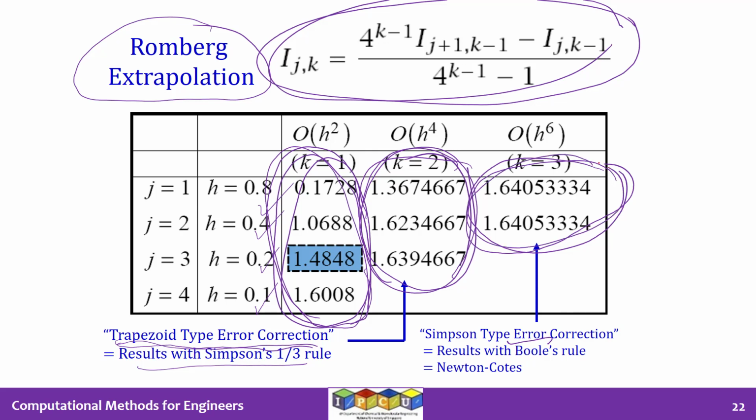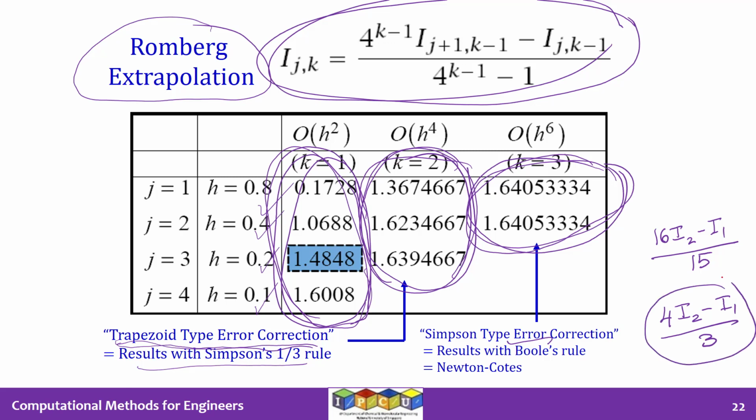This is exactly what we did when we had formulae like this in the previous presentation. I hope you still remember this. Or you definitely remember 4I2 minus I1 by 3. This is when you had two estimates from the trapezoid rule, and you can get the results of Simpson's rule by applying this formula. So solve the problem twice using the trapezoid rule with two different grid sizes, with grid size ratio being 2. If you then apply this formula, you will get answers with the accuracy of Simpson's one-third rule. So this is what we have learned, and we also saw this formula.